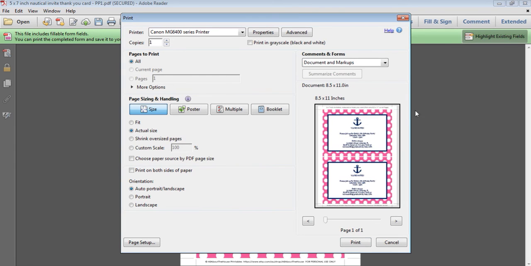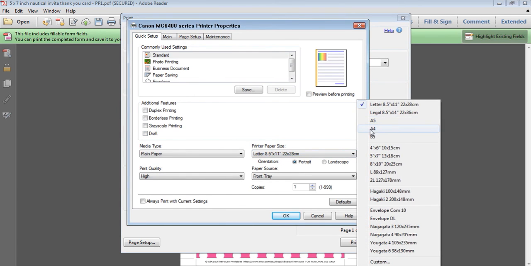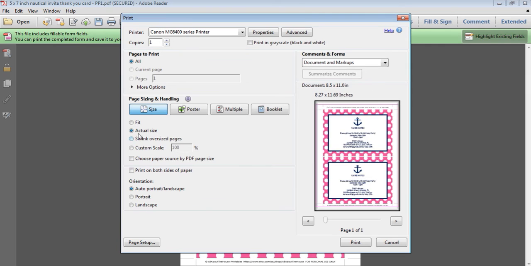If you're printing onto letter size, you'll notice that the preview will just show the complete design, which looks fine. If you're printing onto an A4 page size, you'll want to make sure that you've got actual size selected. So what this is going to do is just cut off a little bit of the bottom and the top. The way I've got the template set up is that it's only going to cut off the white parts of the design, not the actual invitation. So you don't need to worry about it cutting anything off. Make sure you choose actual size and then print it onto A4 page size.